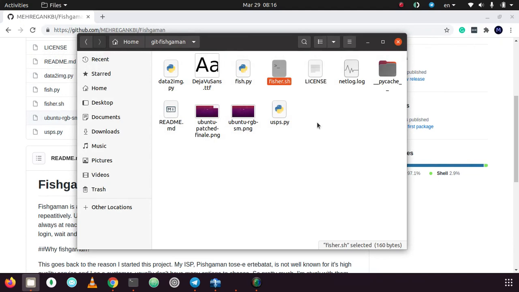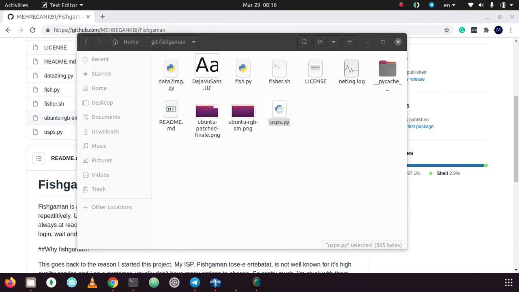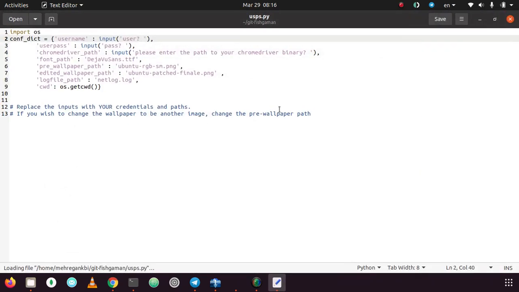But what's that Python script? Well, there's a fish.py script, as you can see here, and there's a data-to-image.py, and there's a USPS.py. Let me show you this USPS first. This USPS is a Python file that contains a dictionary, and that's all it does. This dictionary, also called the conf dictionary, as the name shows, holds configurations for your specific